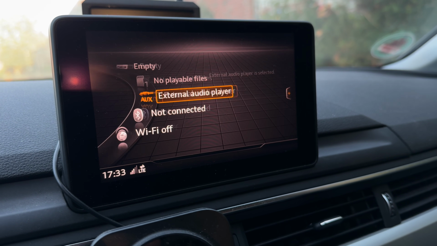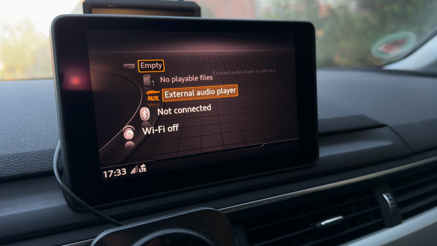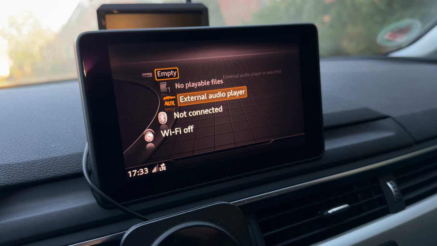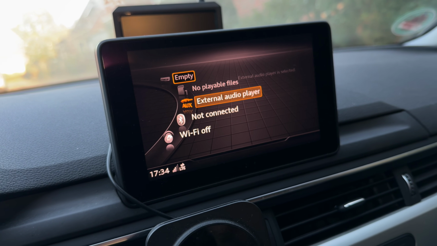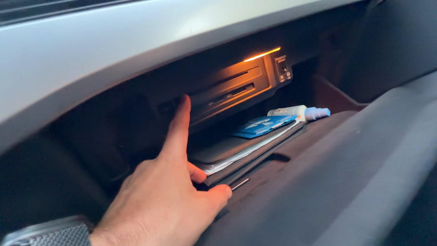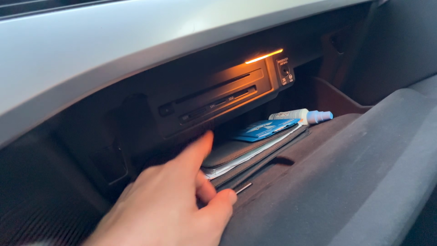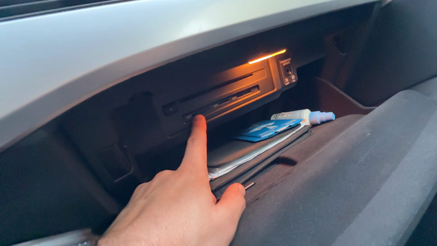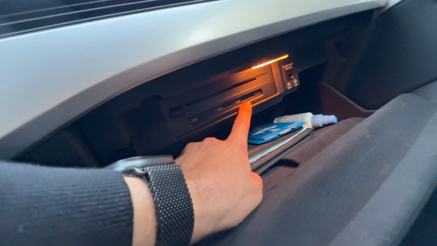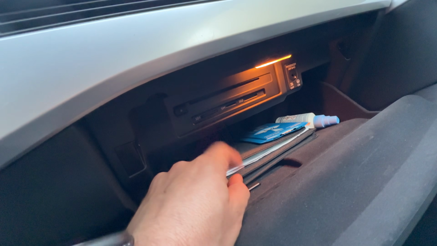Then we have media. Of course, we have a lot of possibilities. The big thing is compact disc, DVD, maybe Blu-ray, and something else. There is a compact disc player over there. Here you have the SIM card tray. There you have the SD1 and SD2 slots for SD cards.